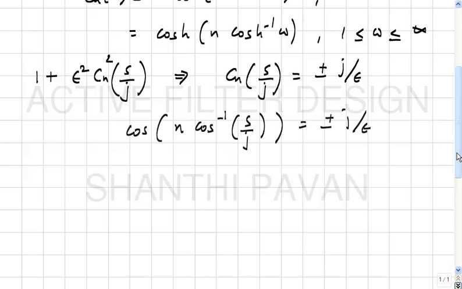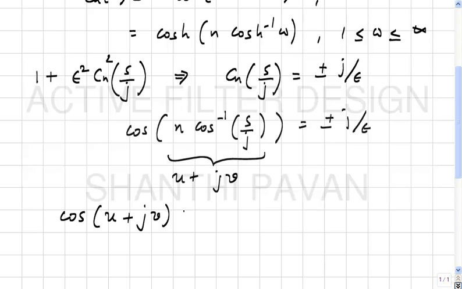And we see that cos of some argument is a complex number. Therefore, in the general case, this argument must also be complex. You denote that by u plus jv. Okay. So you have cos of u plus jv is plus minus j by epsilon,